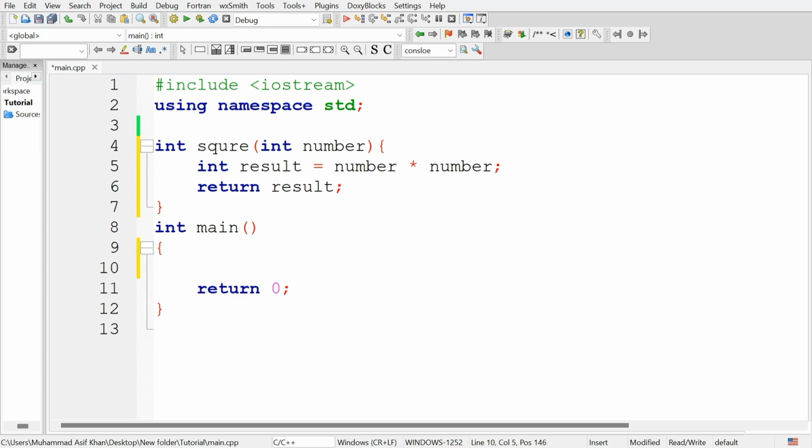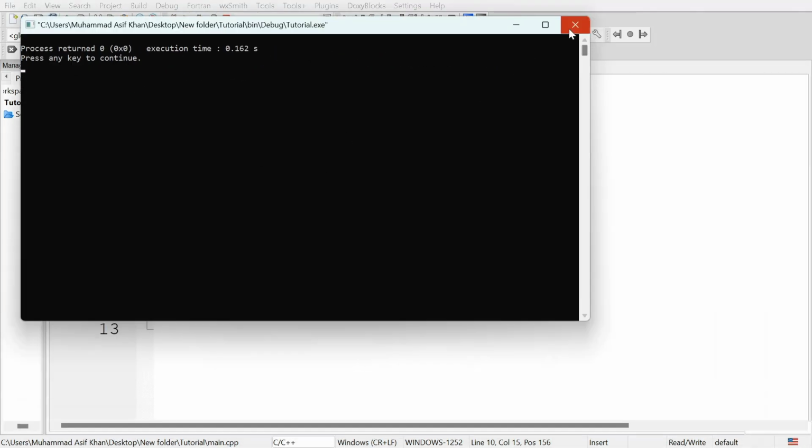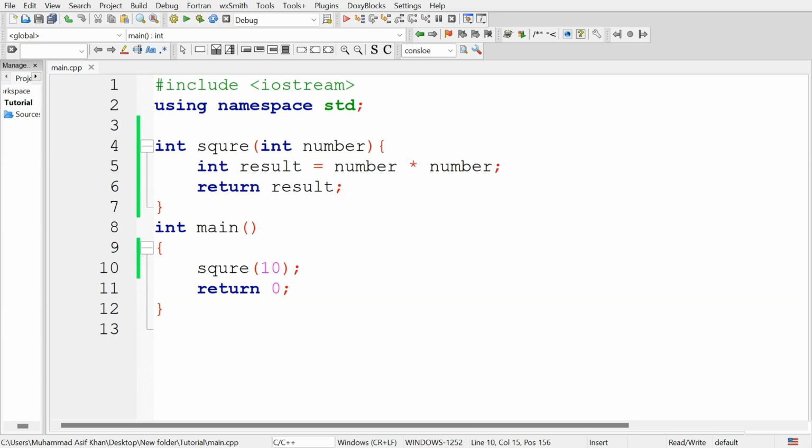Now if you call this function in the main function and give it a value 10, and run the program, you can see nothing happened, because this function is returning a value. To return a value, you must create a